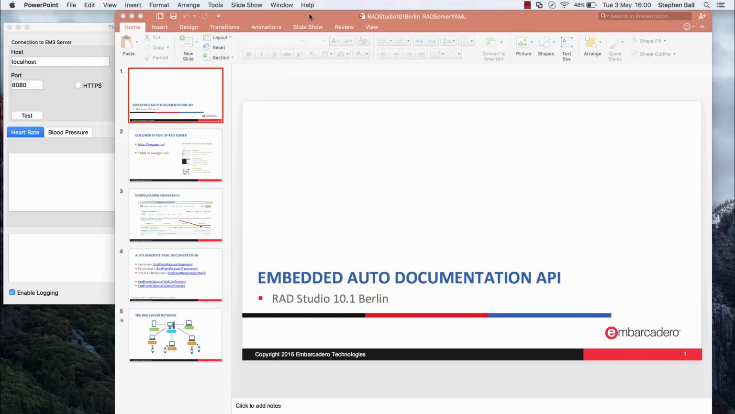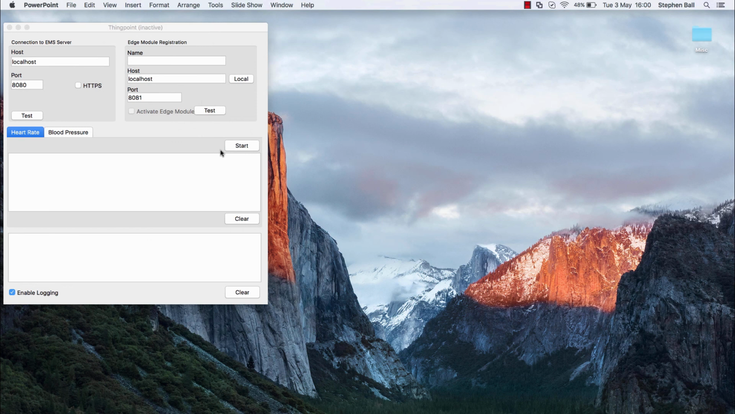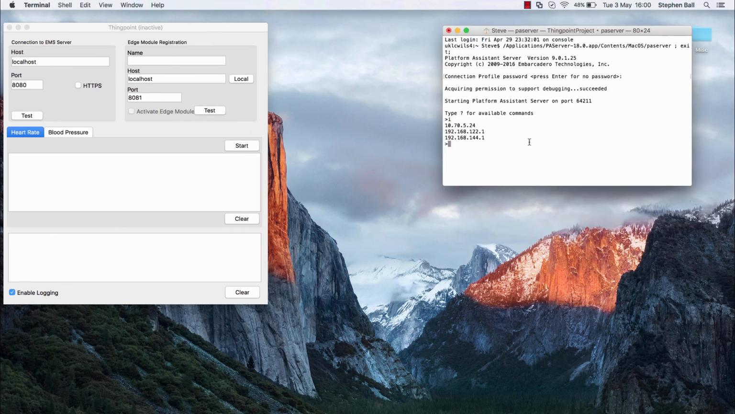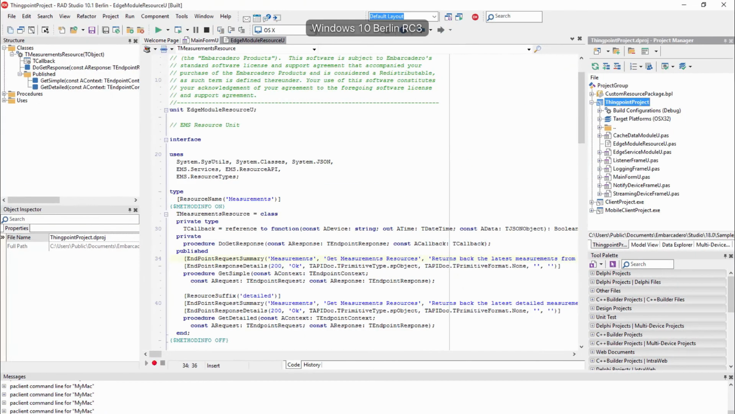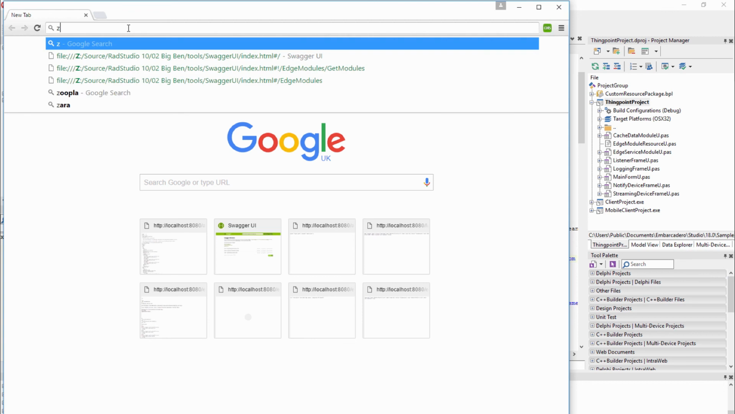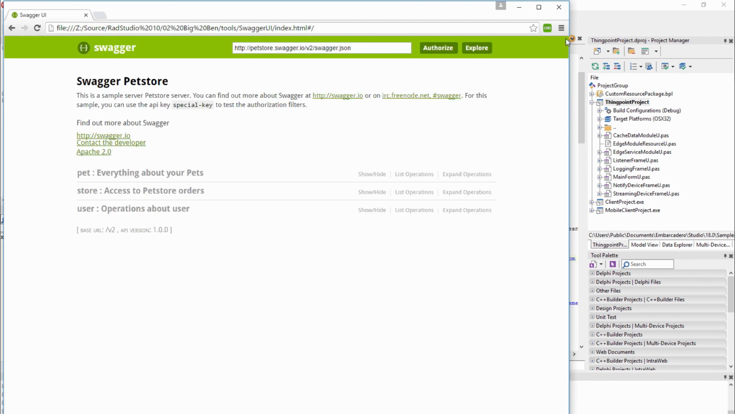So here, let's just minimize these slides. I'm just going to open up my PA server. I want to confirm my port, my IP address, 192.168.144.1, and this is connecting to 192.168.144.138. So yep, that's still correct. And I'm going to call this my Mac and activate my Edge module, and let's just go write that in. So what I've got now, if I go ahead and open up my Swagger index,